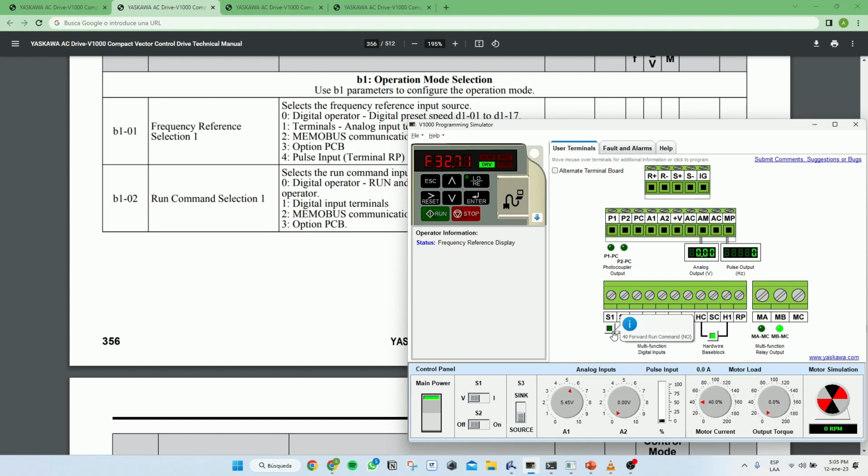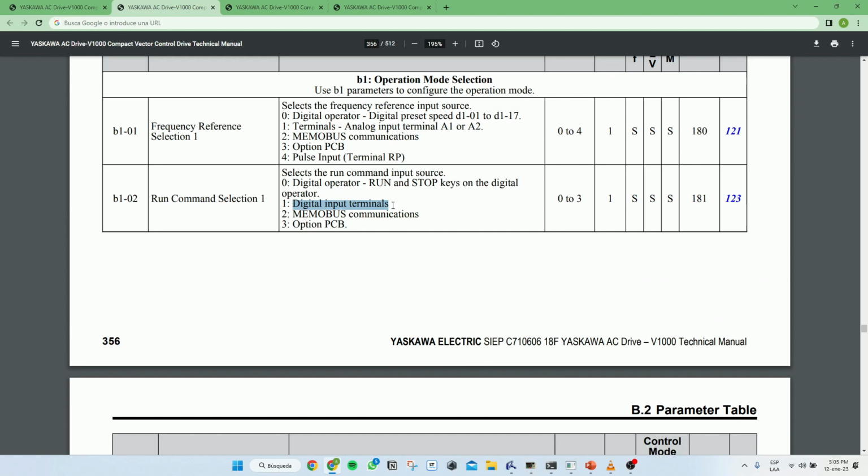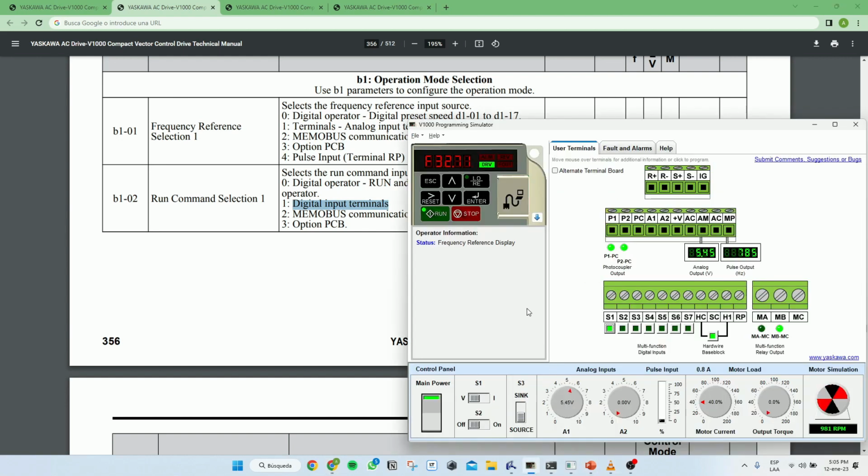So if I press run forward, it's going to turn. You see this? Why? Because it's listening to the terminals for digital input. Anything that I connected here, which in this case was a button, is going to go forward and it's going to listen to it. So we disable the button, and this is like a selector, and it's going to stop. If it doesn't get a signal, then it's going to stop. If it does get the signal,